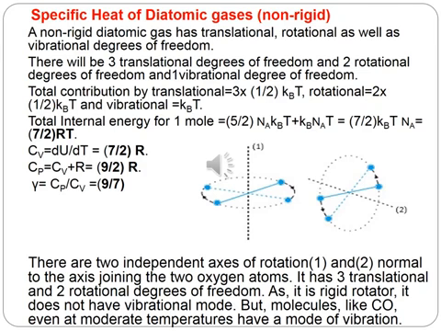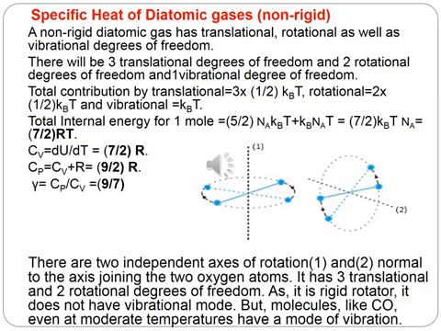So the total contribution by translational mode will be equal to 3 into 1 by 2 kBT. Rotational degrees of freedom is equal to 2 into 1 by 2 kBT